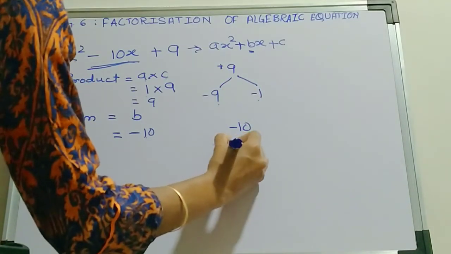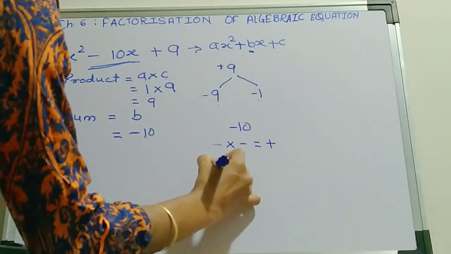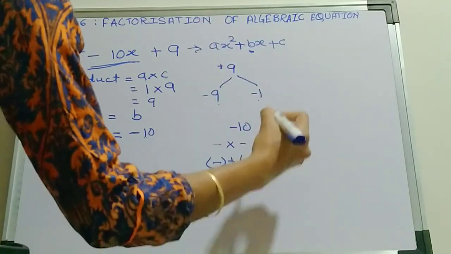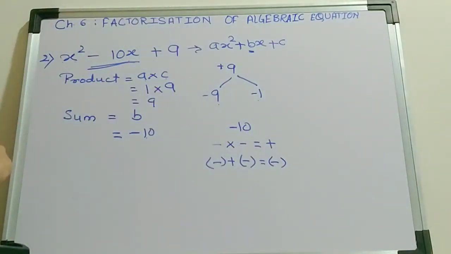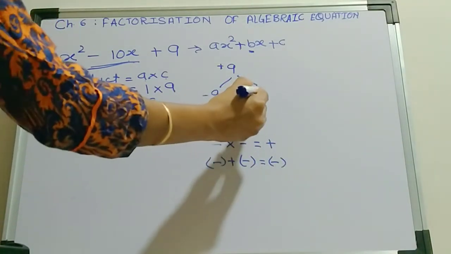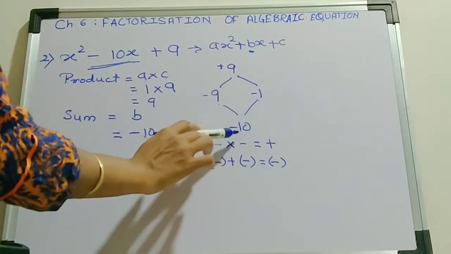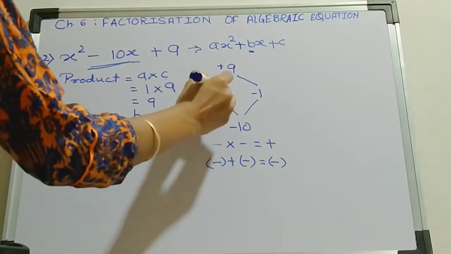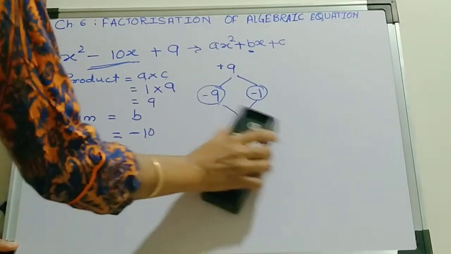We know that minus multiplied by minus, the answer is always positive, and the addition of two negative values will be the addition and that value will have a negative sign, correct? So using these two laws, I can use minus 9 into minus 1, my answer will be plus 9. Minus 9 plus minus 1, my answer will be minus 10. So I can use these two factors, correct? So now I will write down these two factors.